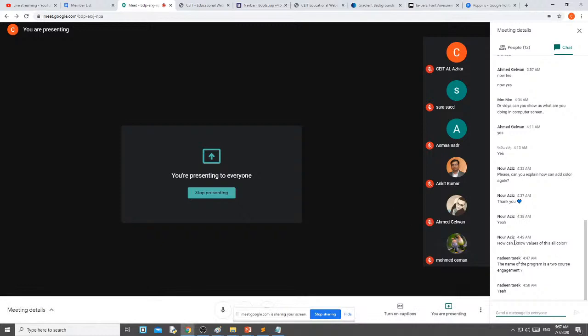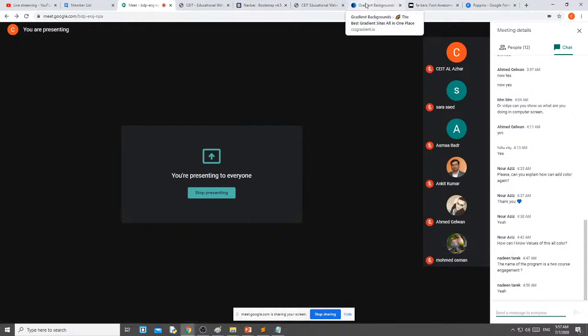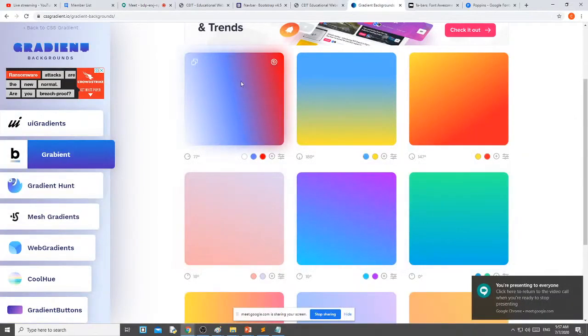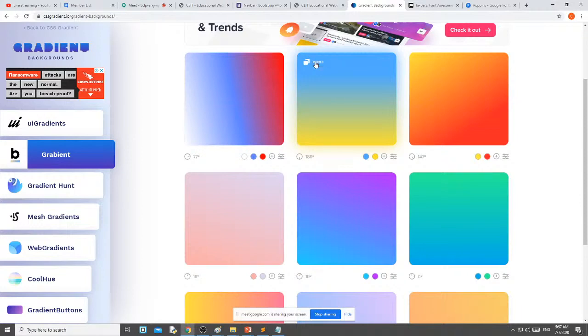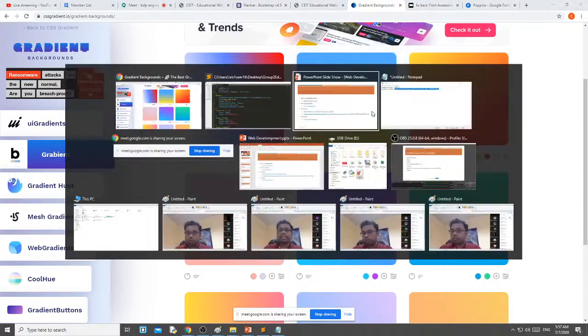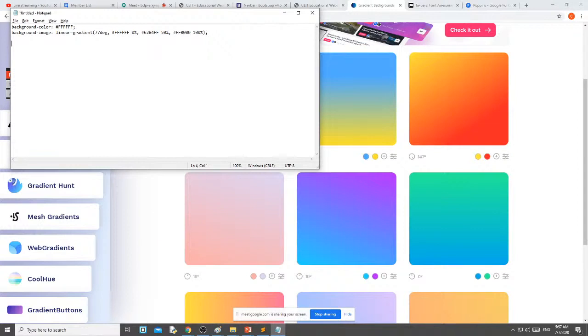Okay, in the meanwhile, Noor, you can know the values of these colors from here itself. See, if you select this color, once you copy the CSS and paste it in your notepad, this is the value of this color.